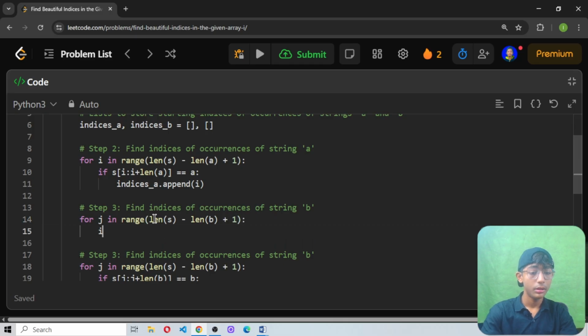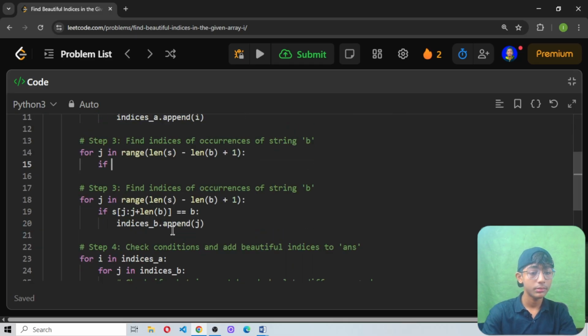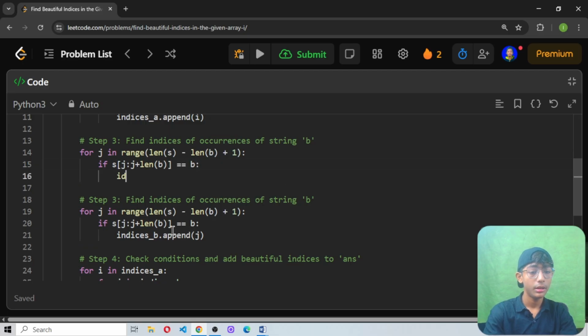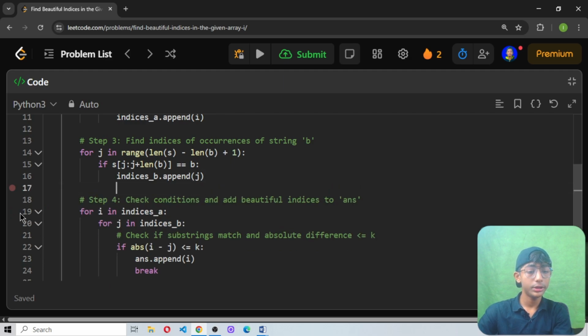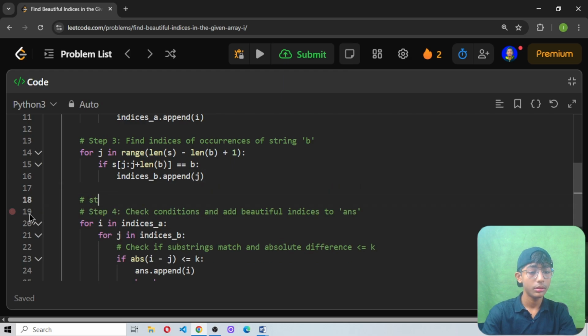If statement s[j:j + len(b)] equals to B, indices B dot append j. Append means merge two things together. Okay, perfect. Now our step number 4 is